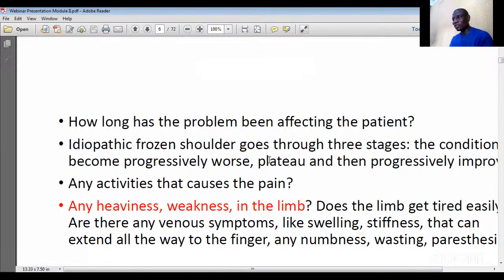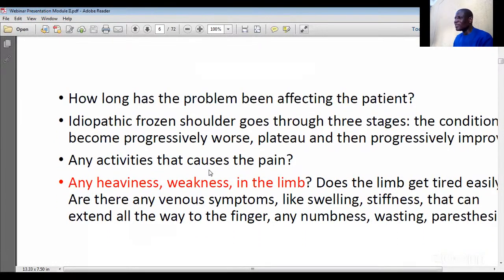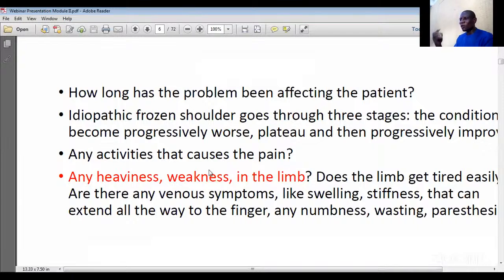Any activity that causes the pain, you may have to ask that. Any heaviness, any weakness in the limb, because the limb gets tired easily. So this heaviness in the limb is pointing towards possibly a kind of venous problem. Vein does not return very well, or there's a circulatory problem. There can be problem with the lymph vessels and some other things. Then there can be swelling, there can be stiffness, then it can extend all the way to the finger. Any numbness, any wastage, all those are what we have to